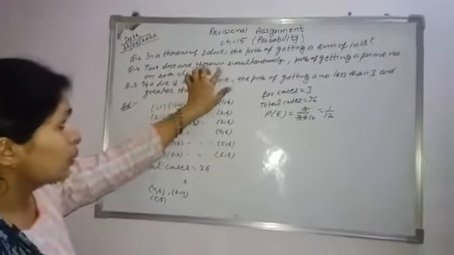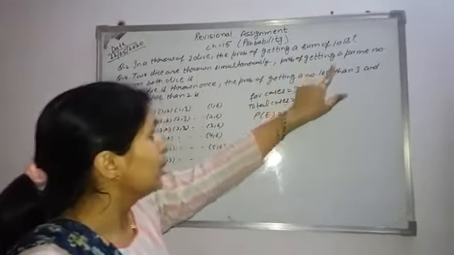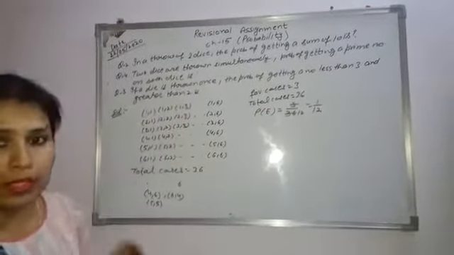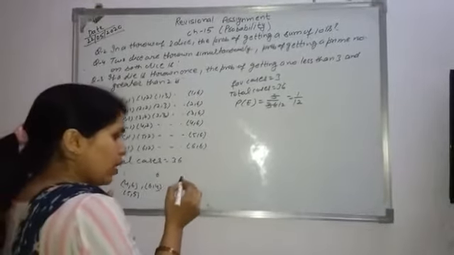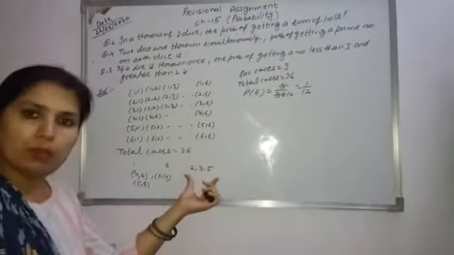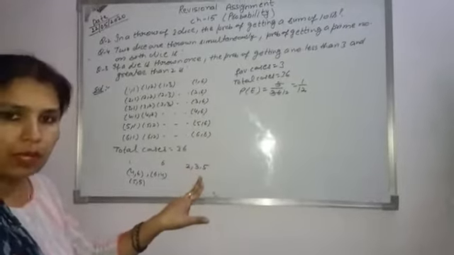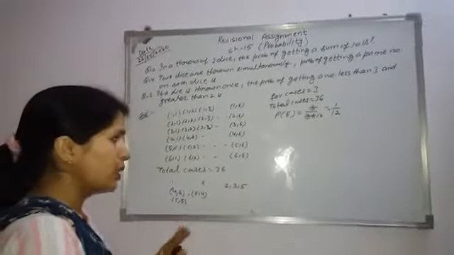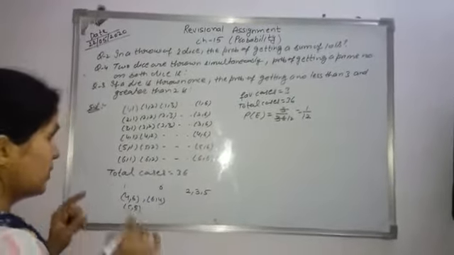Two dice are thrown simultaneously. Probability of getting a prime number on both dice. First check how many prime numbers we have up to 6. First number is 2, then 3 and then 5. These are the 3 prime numbers on a die. So how many cases do we have where a prime number exists on both dice?